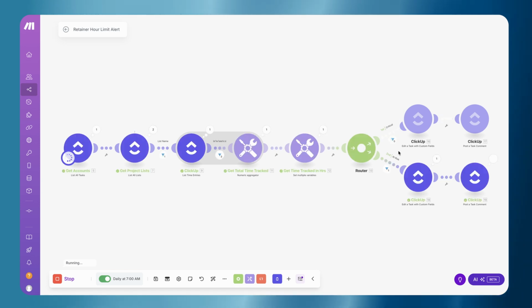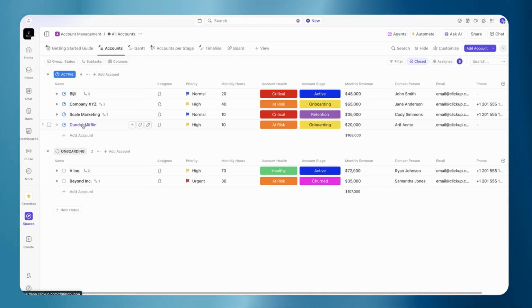There we go. We see that there is one project that went the at-risk route. Let's go ahead and take a look. And there we go. We see that Dunder Mifflin is now set to at risk. This is pretty nice because rather than having to manually track this every morning, we have an automation doing it for us. It's less work for your account management team, and it's much more accurate than manually having to look